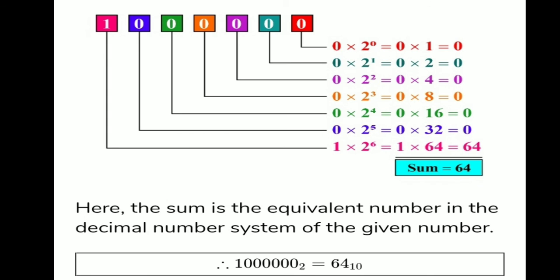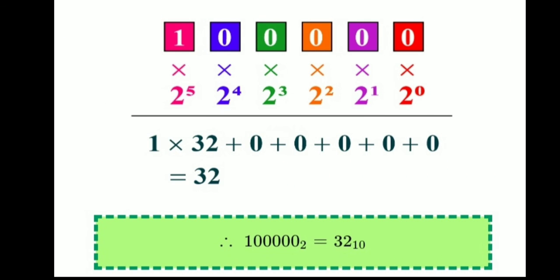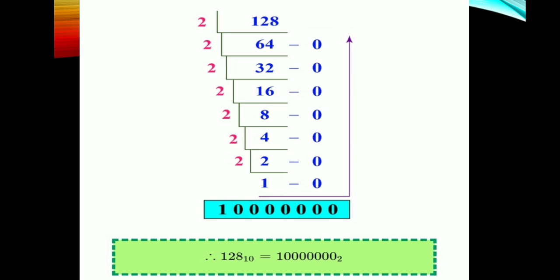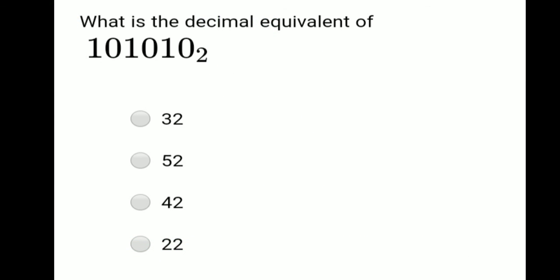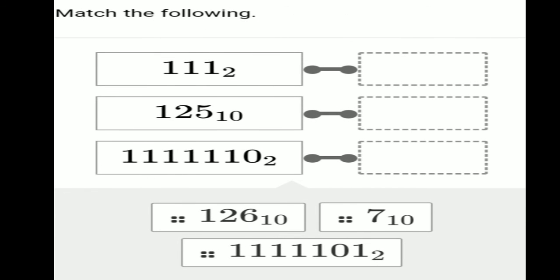Hope now you understand how to convert between binary and decimal number systems. Yes, simple mathematical operations were used: division, multiplication, addition. That's all. Okay, now for making you to understand, one more example is also given. Okay, look at this carefully, and this is again one more example for decimal to binary conversion, and solve this. Try to solve this example and send your answers to me. What is the decimal equivalent of? Apply the procedure and then do this, match the following also.